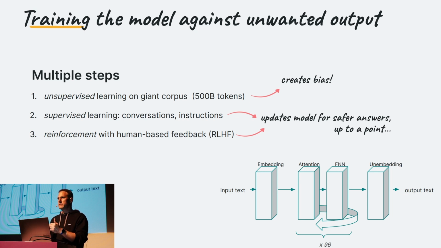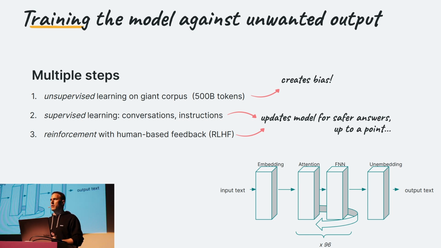And so by doing this, we are training the model to produce better quality output and to be less likely to produce bad output. The problem is that you cannot do that at 100%, because if you make the model so careful, at some point it's going to stop answering. It's going to refuse answering questions by thinking that they are dangerous. So you cannot go too far in this training.